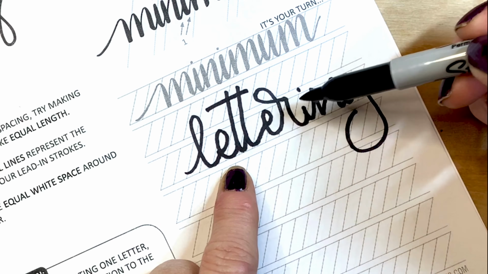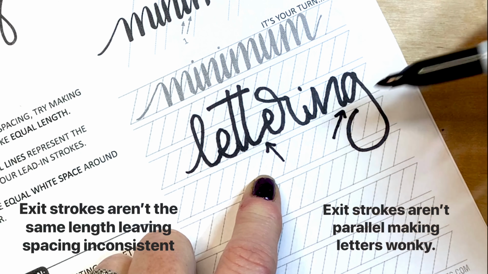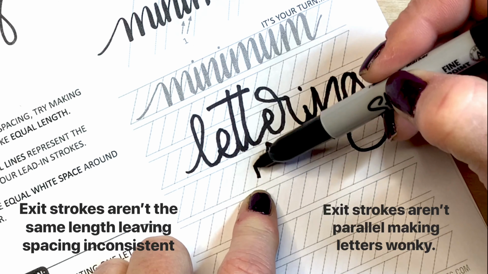I feel like it has almost a juvenile look to it because these letters here have extra spacing there. These ones right here are super close together. These ones are super close together. This is far apart from one another. There's just no consistency in this as opposed to doing